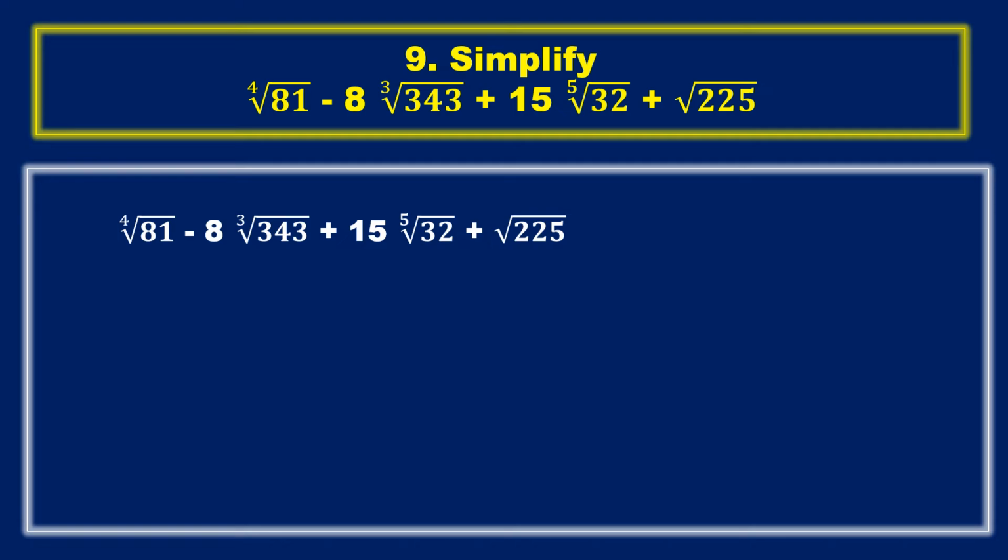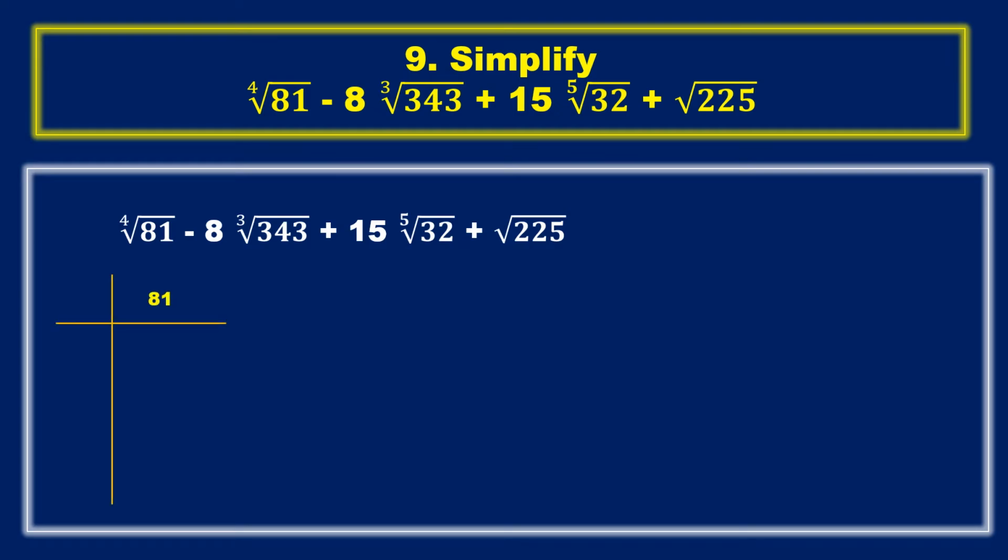Whenever a square root is there, we can write it as power 1 by 2. If it is 5th root, we can write power 1 by 5. If it is 3rd root, power 1 by 3. If it is 4th root, power 1 by 4. Before writing that, just simplify the inside things, because 4th root 81 I can write as 81 power 1 by 4. Since I have power 1 by 4, you should have this 81 also as a power of some number. So for that we will do the prime factorization.